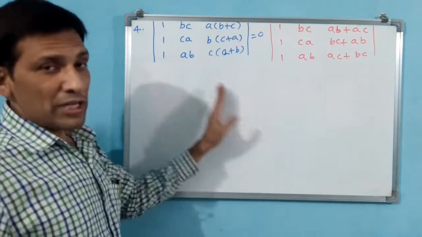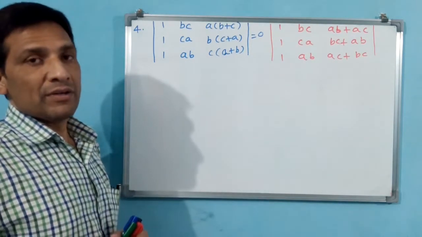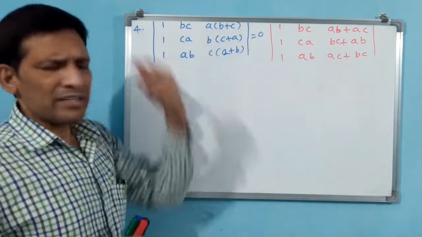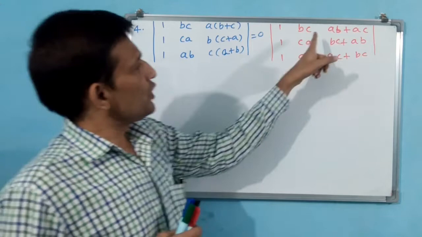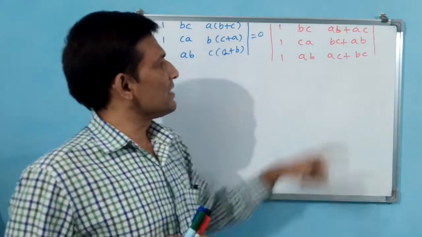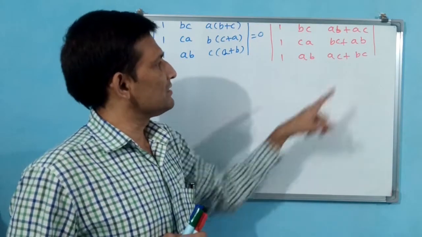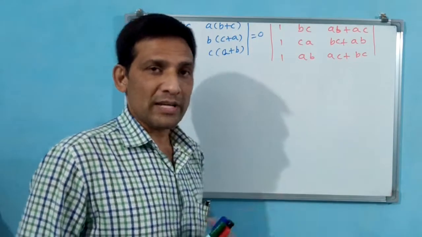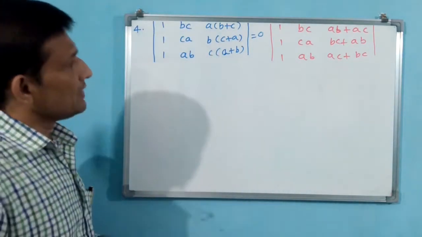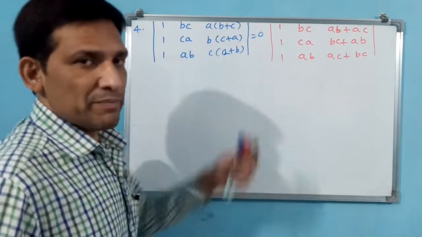See, until you expand this, you are not going to get the idea. Trial and error, let us expand, then you have to think. See, now AB is there, BC is there, AC is there, in every column. Then you can add C1 and C2 like that. You have to think. Such ideas will come after expansion only.